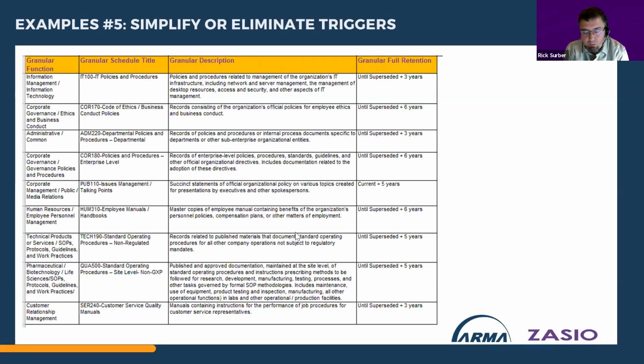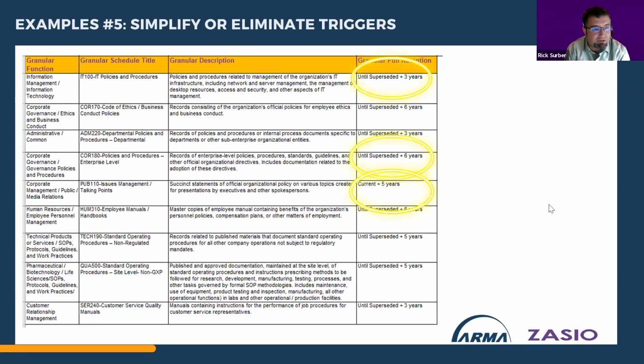So in working with clients, we found that most policies and procedures like this are superseded within a short span. Clients are updating their code of ethics, their IT policies, procedures, their employee manuals, for example, usually on an annual basis, if not sooner than that. And so this is the type of trigger where we evaluate it and we say, is it really necessary to keep that level of complexity of having a trigger in it? Or can we add a year, get rid of the trigger,